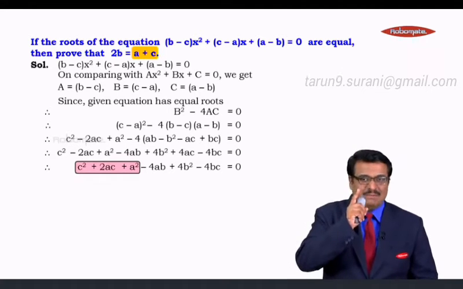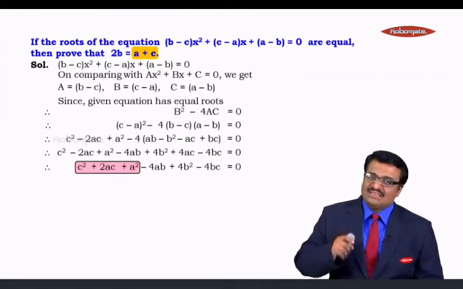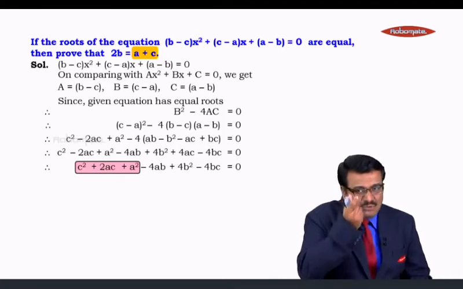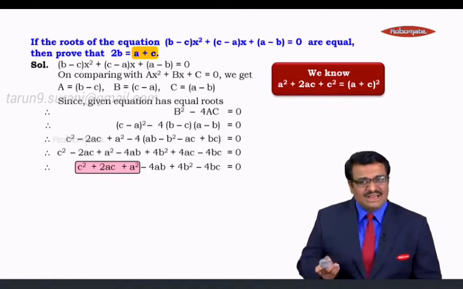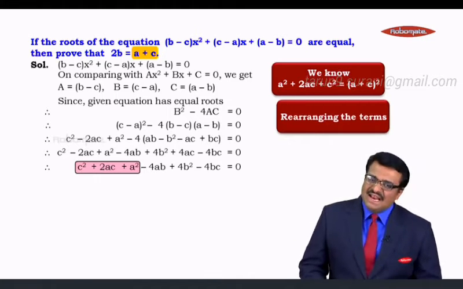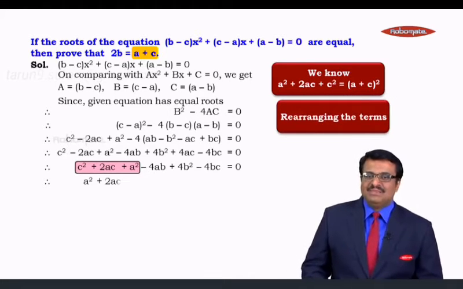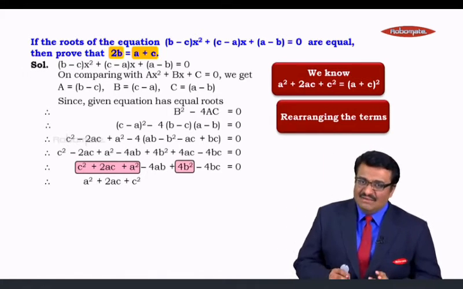And we want also a plus c in our prove that, isn't it? So c square plus 2ac plus a square is nothing but a plus c the whole square, and since we want it, we will write it as a plus c the whole square. So first, we know that a square plus 2ac plus c square is nothing but a plus c the whole square. Rearranging the terms, what we get is a square plus 2ac plus c square minus, and then we want